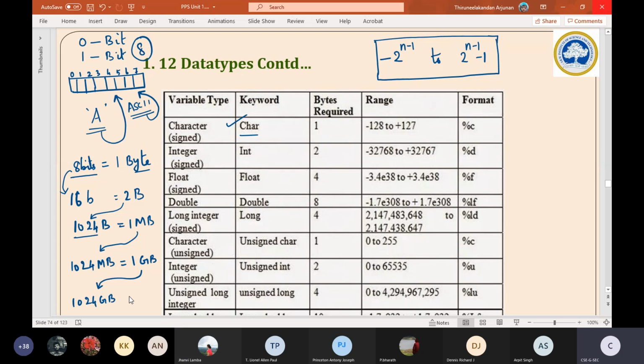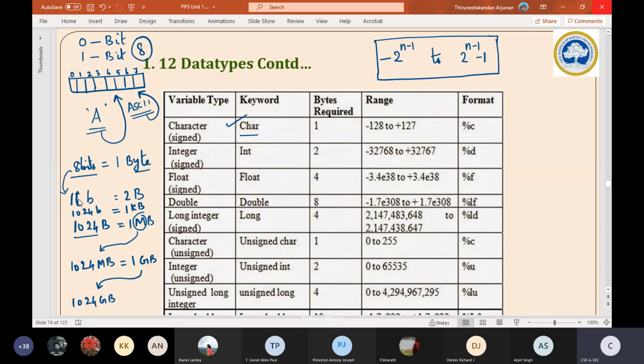Let me check whether I have skipped it or not. No, I have not skipped it. In fact, it has to come in this place. Look at it again. Yes, you are correct, it has to come in between. Basically, 1024 bits is 1 kilobyte. Basically, I think it is so congested.